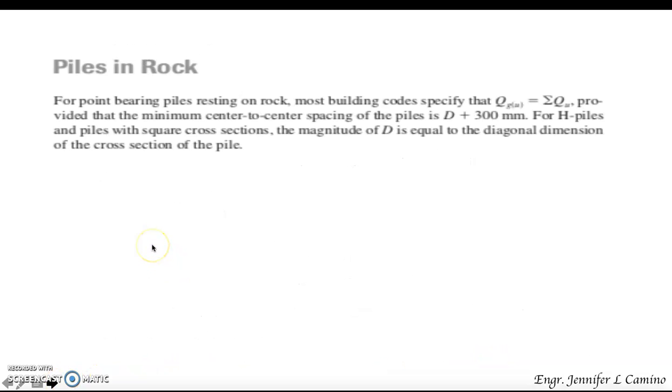Okay, for piles in rock, for a point-bearing pile resting on rock, most building codes specify that Q sub G is equal to the summation of Q sub U, provided that the minimum center-to-center spacing of the piles is D plus 300 mm. So for each pile, and for piles with square cross-section, the magnitude of D is equal to the diagonal dimension of the cross-section of the pile. So that ends our discussion for